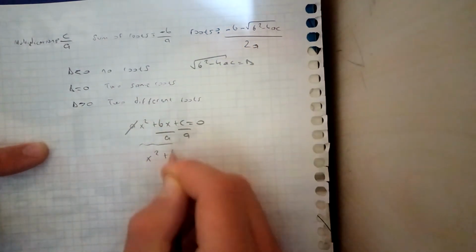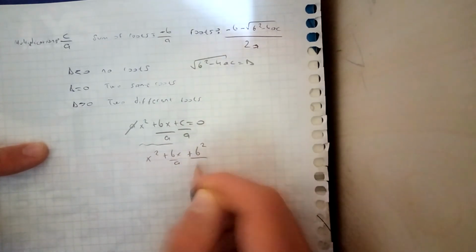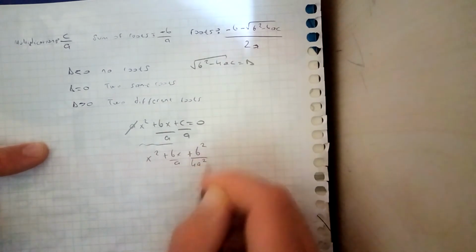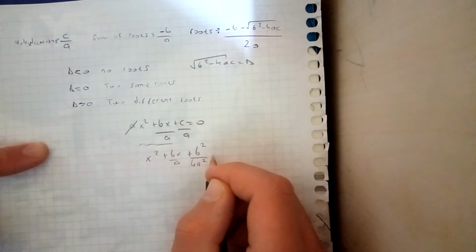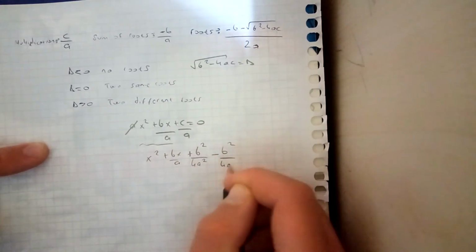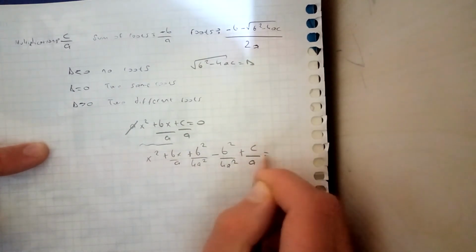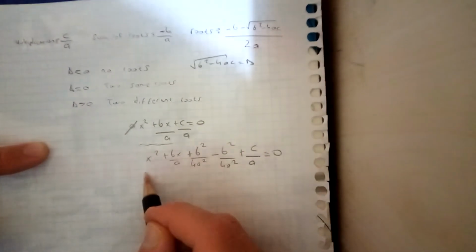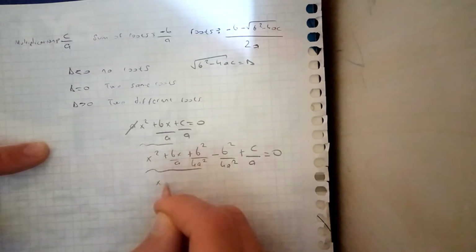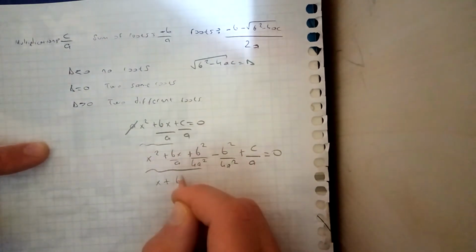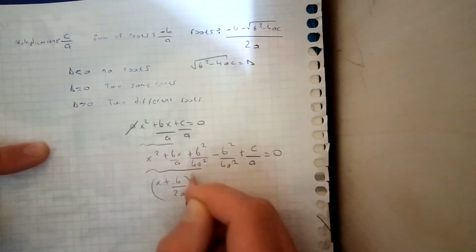And it is plus b square over 4 times a square. And to conserve our equality in this equation, we should write minus the same term. And c over a equals 0. Right now we can write the first three terms as a perfect square, and it is x plus b over 2 times a, squared,